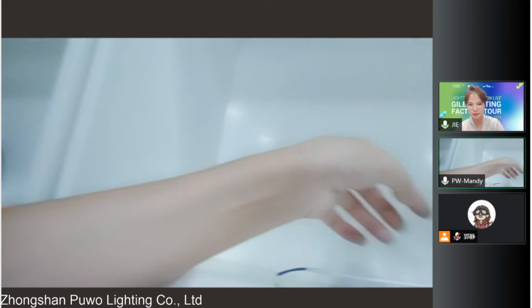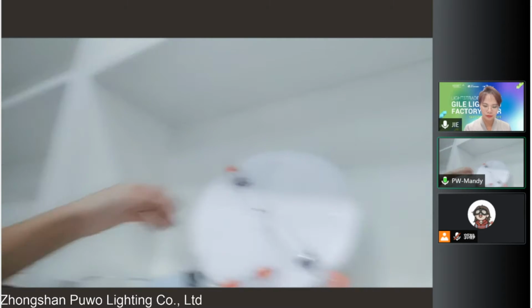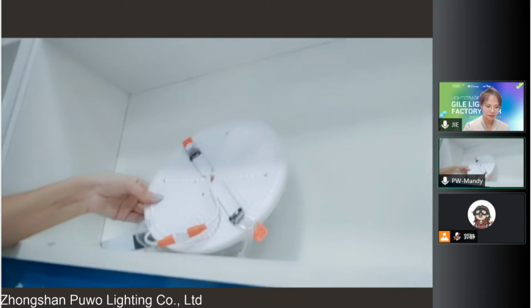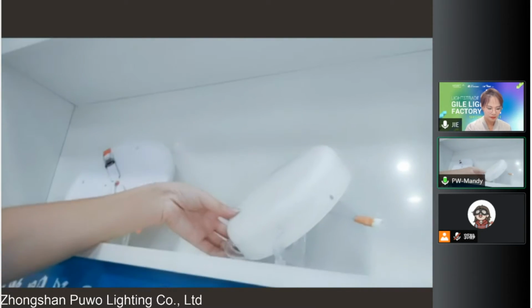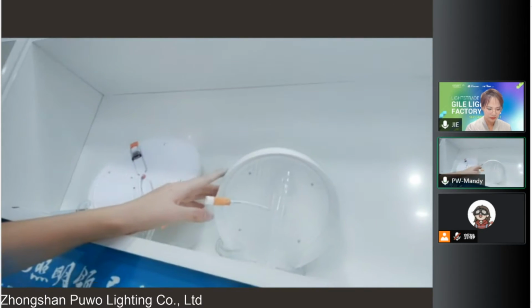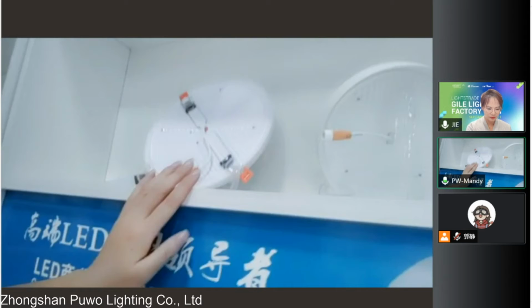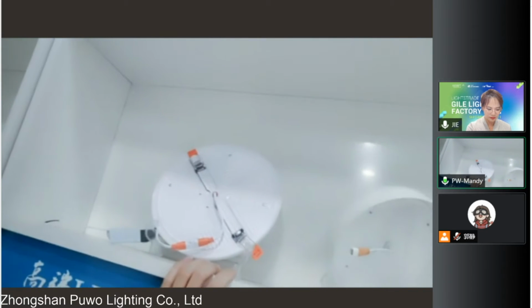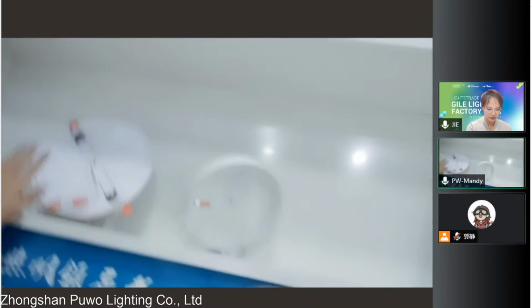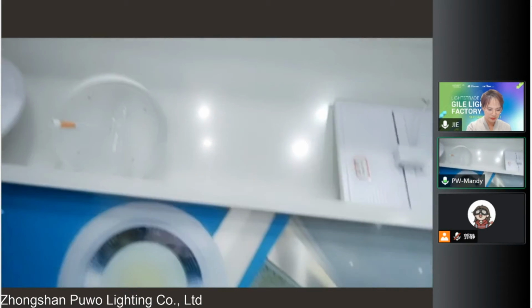Oh, I see. The driver inside the packet or outside the panel. Yes, mainly for this one. And it also has the sulfate type, but the sulfate type cannot be adjusted. This model is our factory's own model, so we have a competitive price and can provide a good price and good service for our customers. So this one is what we mainly introduce now, and then we go to